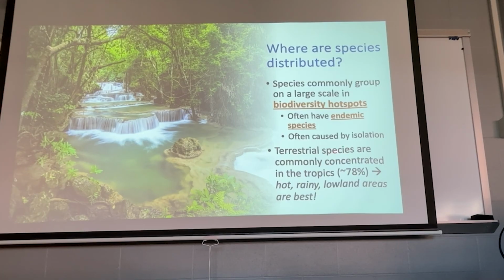Terrestrial species, those that live on land, are typically concentrated in the tropics. Just to give you a number, somewhere around 80% of all living terrestrial species live in the tropics, between the equator and the subtropical lines, in that area where it's always warm, it's always wet, there's always 12 hours of daylight and 12 hours of dark time, and it's very stable, often with very consistent seasons, typically a rainy and a dry season.